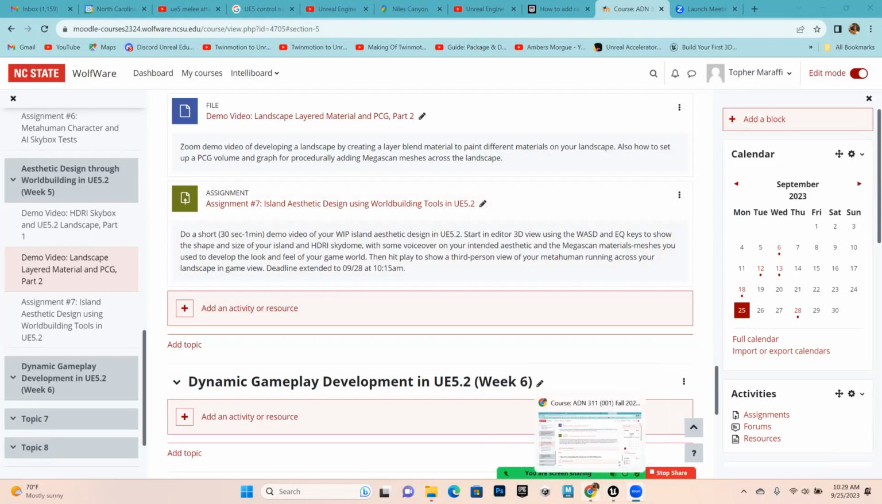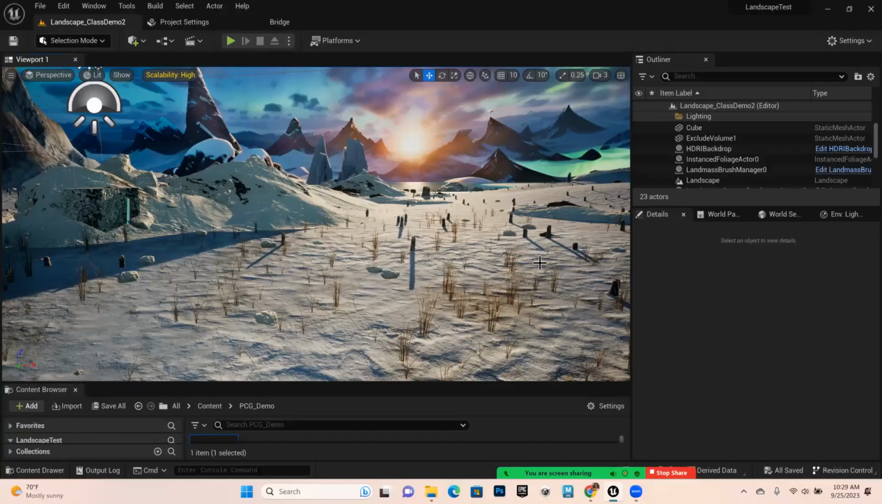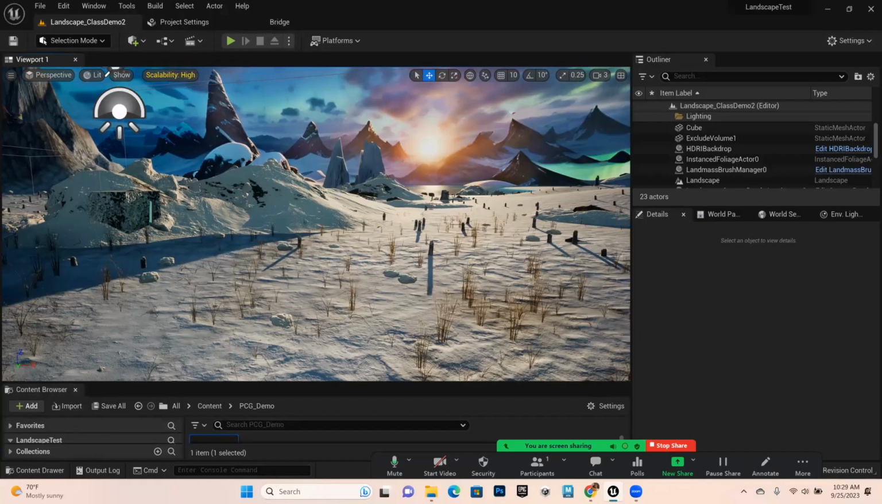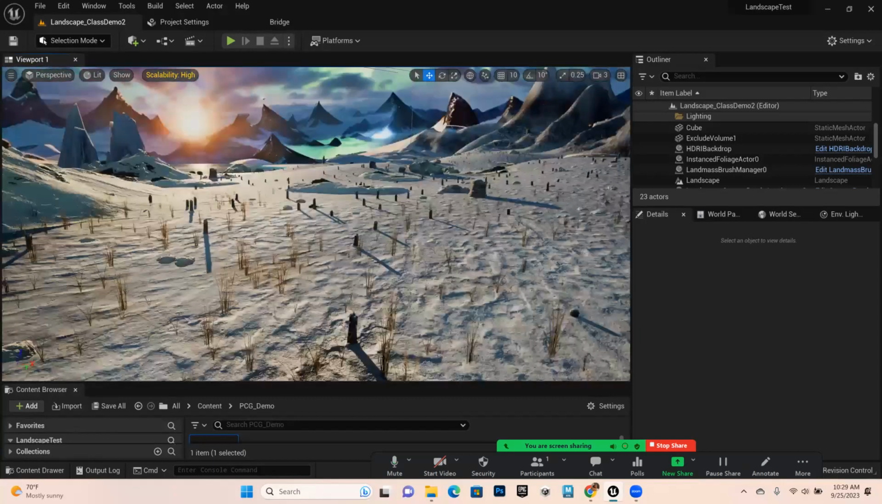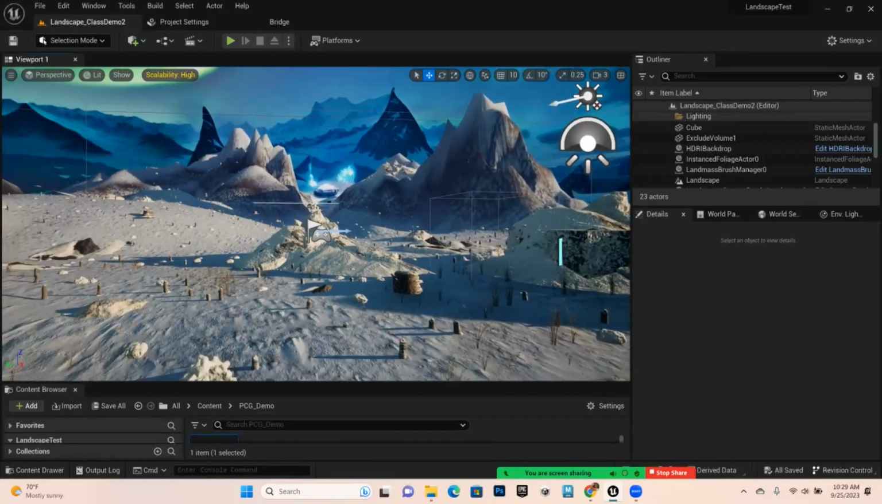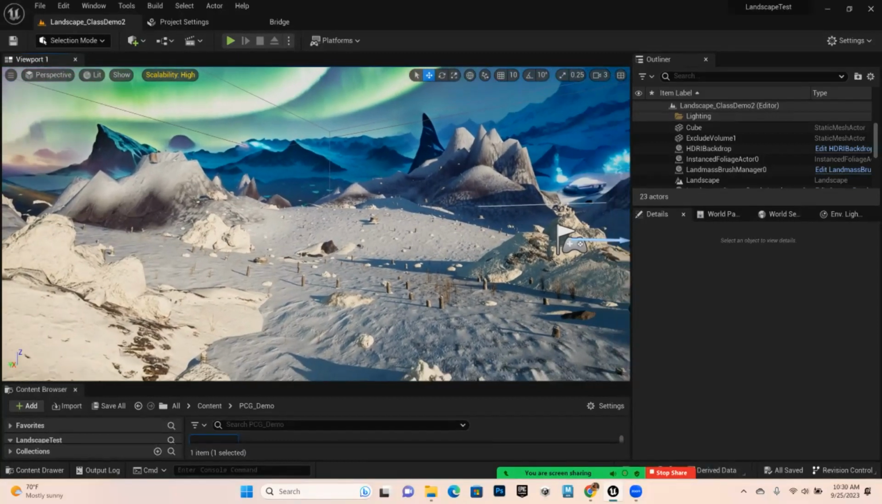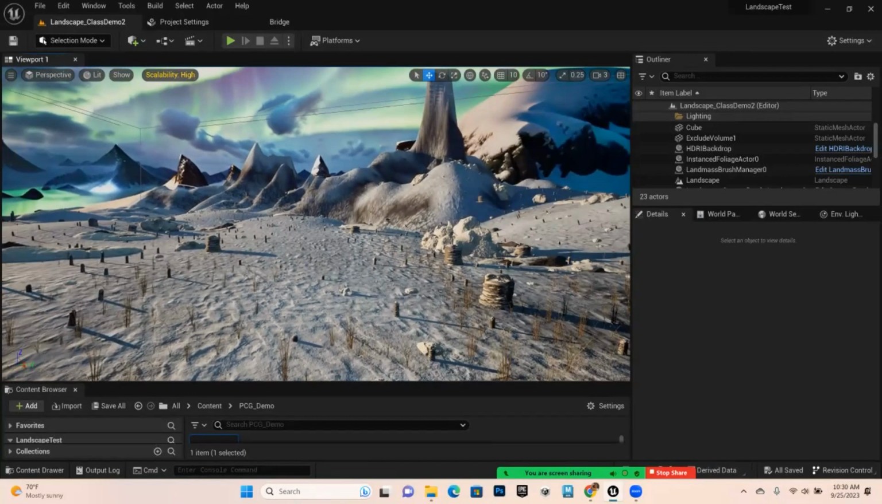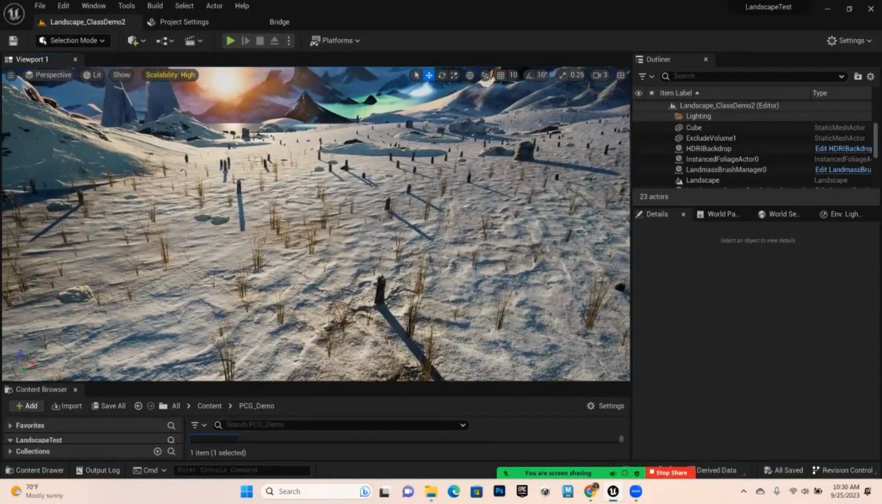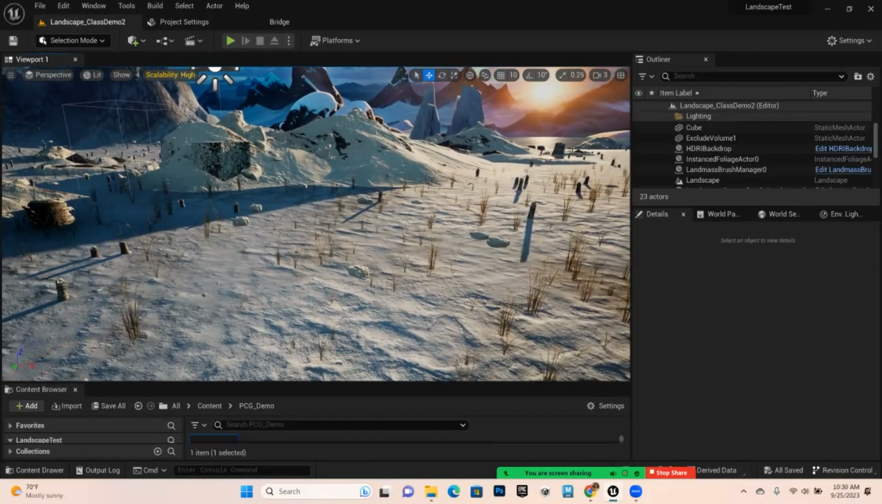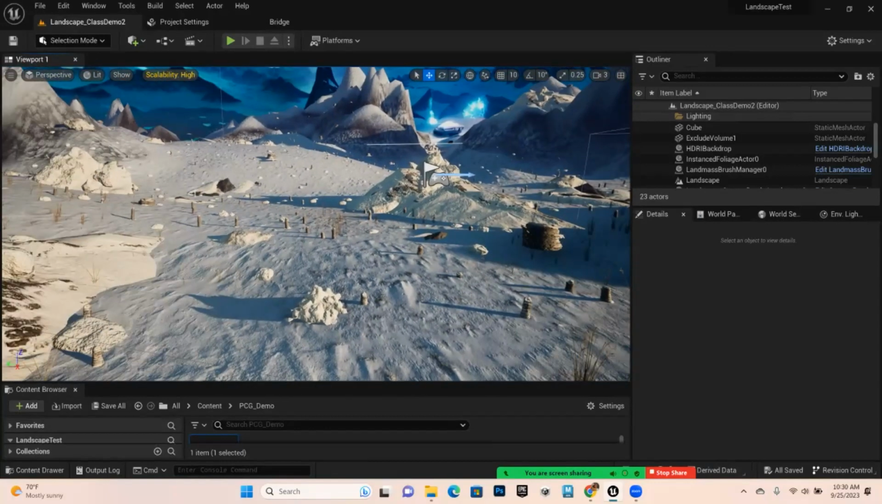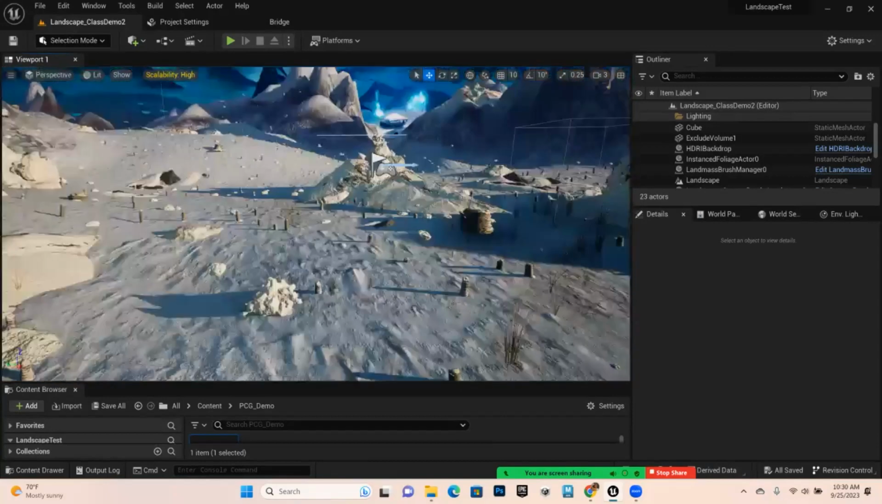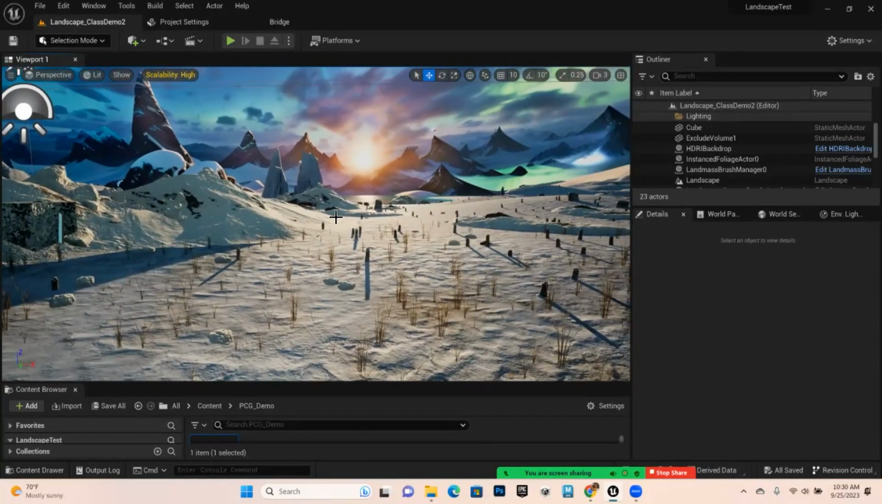I'm going to start today by looking at my project here, which I have worked on a little bit since we last saw it. So I did continue painting the landscape here. And I've added a lot of procedurally generated meshes, Megascan meshes to it. And it looks less nice in this view than when I actually play it, because when I play